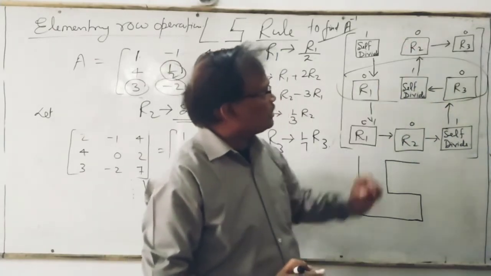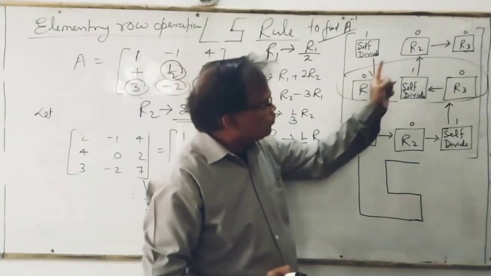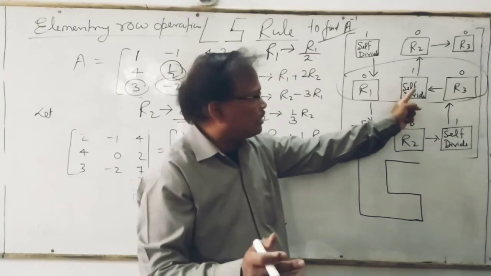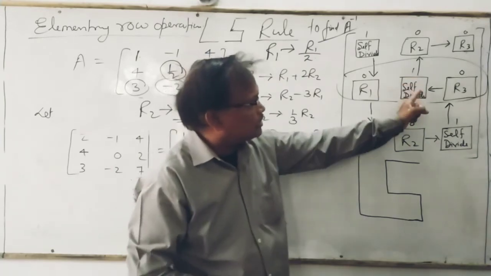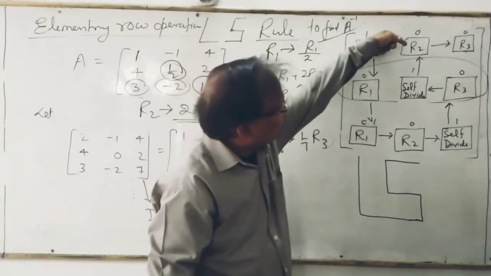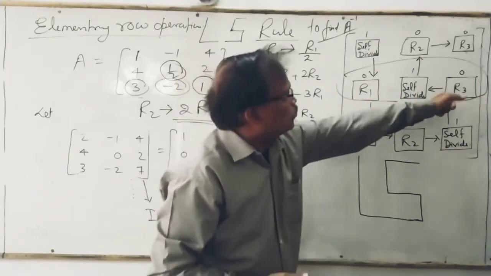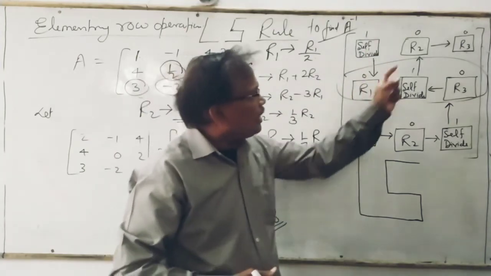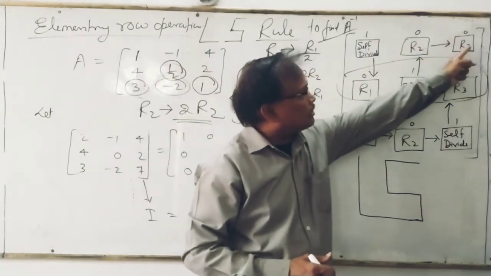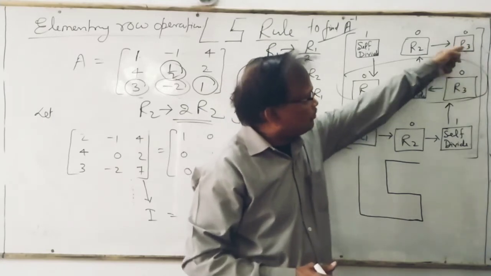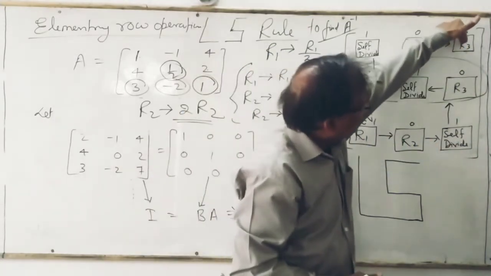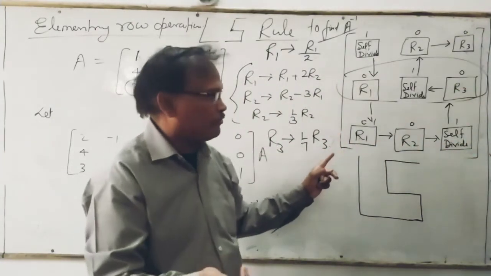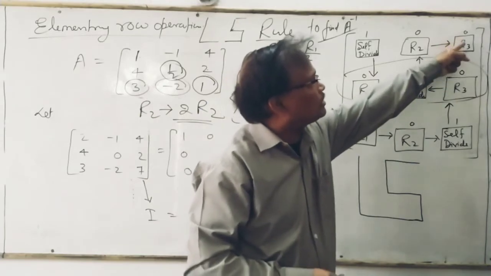Then go in this direction, that is R2. R2 you will take, why? Because it is 1. अब बन चुका है 1. In the previous step you have changed this element to 1. So it will be easier to take R2 to make this element 0. Okay, in the same way. And then go to the last step, that is R3. R3 is here, means take this one because R3 के नीचे 1 कहाँ पे आया? यहाँ, तो R3 लेना ज्यादा beneficial है. In case you have to make this one 0.